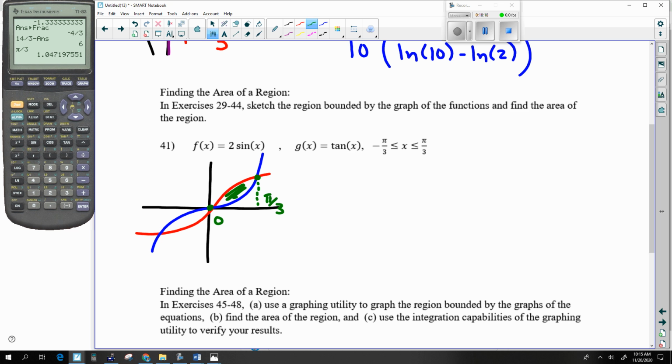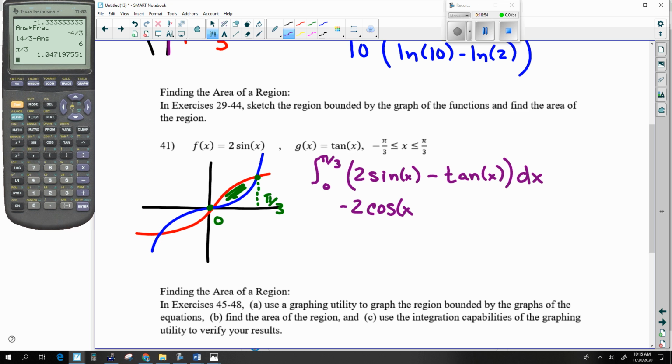So I have 0 to pi over 3 of this. And so I don't need to do it side to side. I'll do it up and down. And this will be the sine over the tangent. So from 0 to pi over 3 of the sine over the tangent. Okay, sine is negative cosine. Tangent is